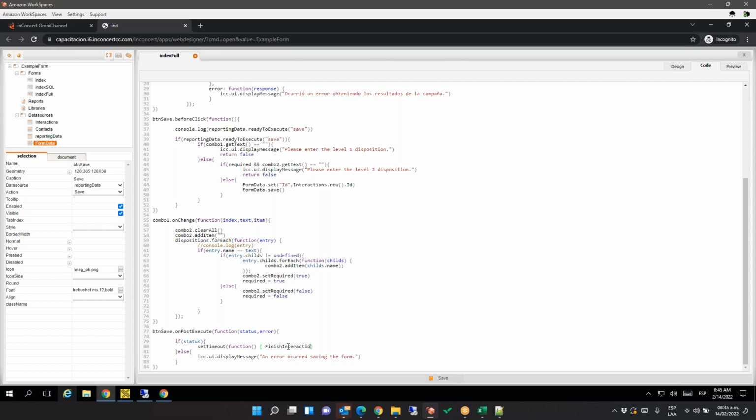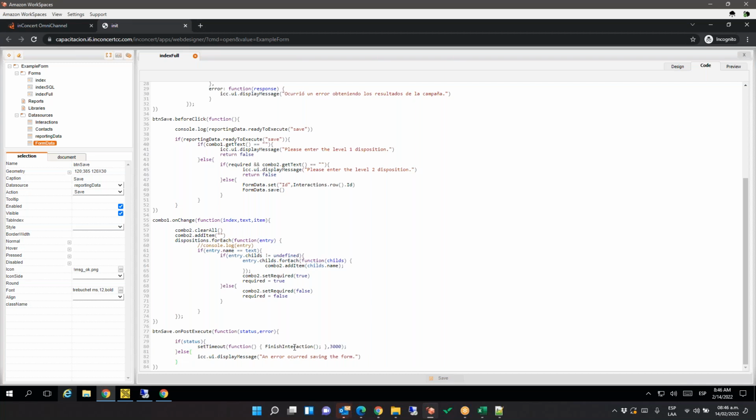Finish interaction. I'll be here setting this finish interaction is what will trigger the instruction to finish the wrap up. Okay. For finish the interaction, I'm going to execute